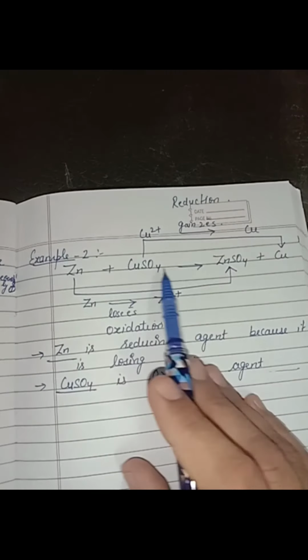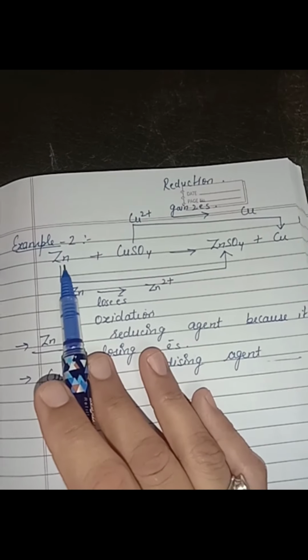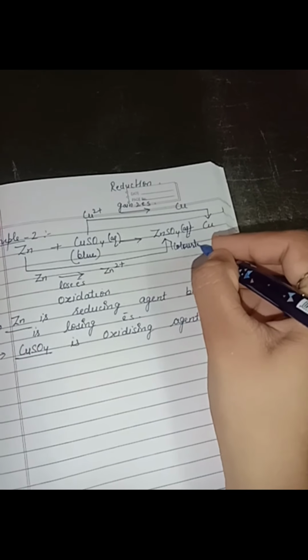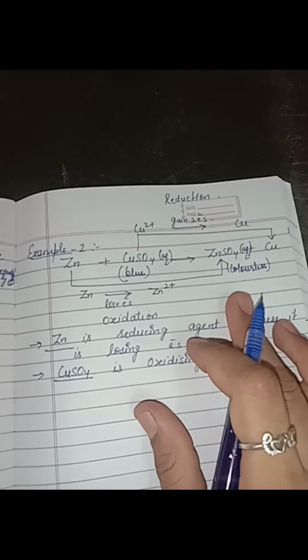Students, just recall what is the type of this reaction we studied earlier. This is a displacement reaction. Zinc is displacing copper from its salt solution. So any type of chemical reaction can be of any other type too. See here, zinc and copper sulfate are added. This is the aqueous solution of copper sulfate. So zinc sulfate aqueous solution is being formed and copper is formed. This is a blue colored solution, and this will be colorless. We studied this in displacement reaction.